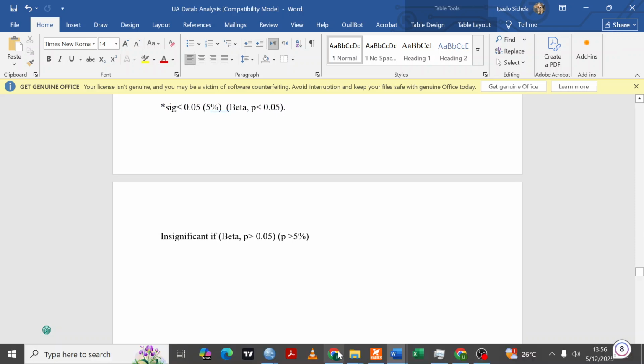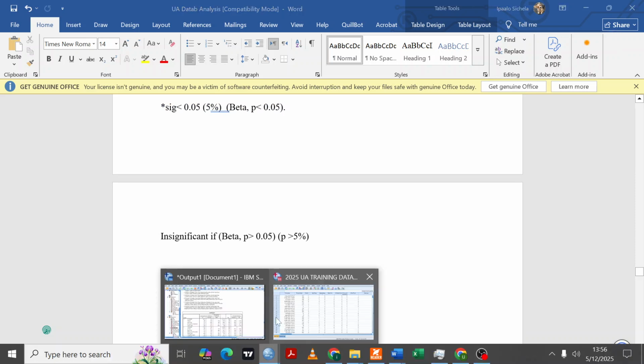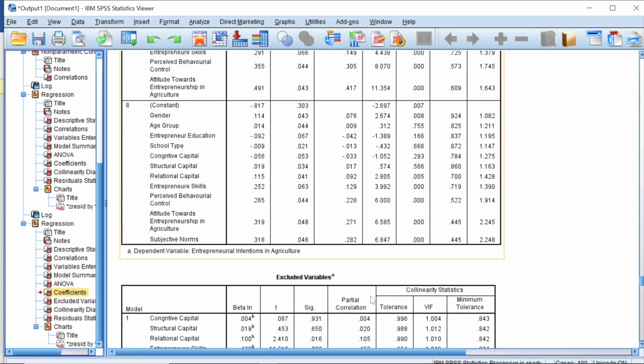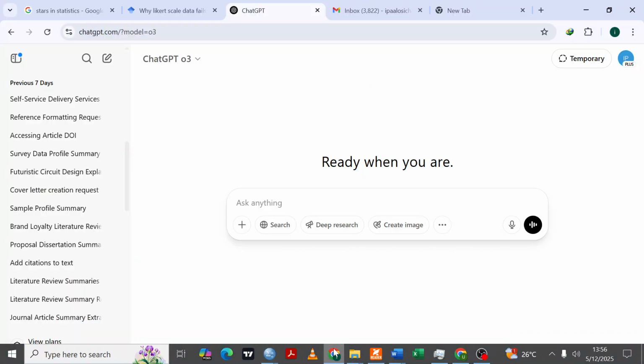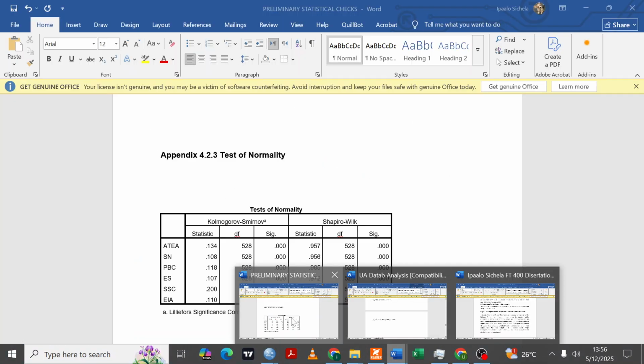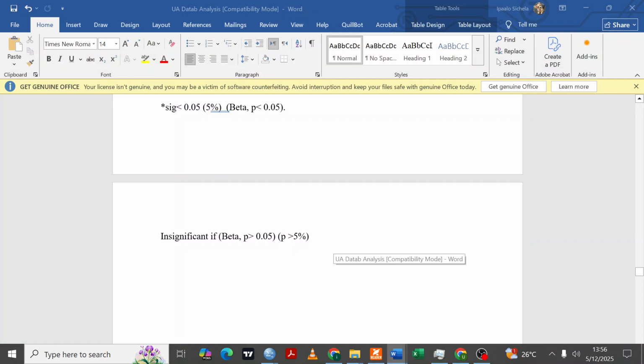Now the best way of reporting this, for example here, our beta here is 2.82. The best way you can report it like this. Okay,